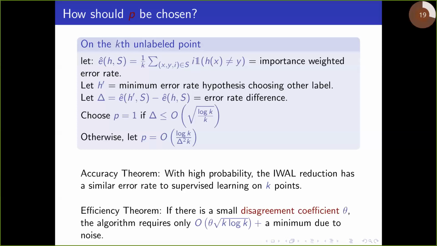You can also prove that the number of samples can be substantially less than k as long as something called the disagreement coefficient is small. And I'll discuss what that is in a moment. So are there questions about this? The key issue is just how much extra error rate would predicting the other way imply? And if that is large, then the probability of sampling will be small. So that means that once your classifier settles on an individual label, it will just stick with that.